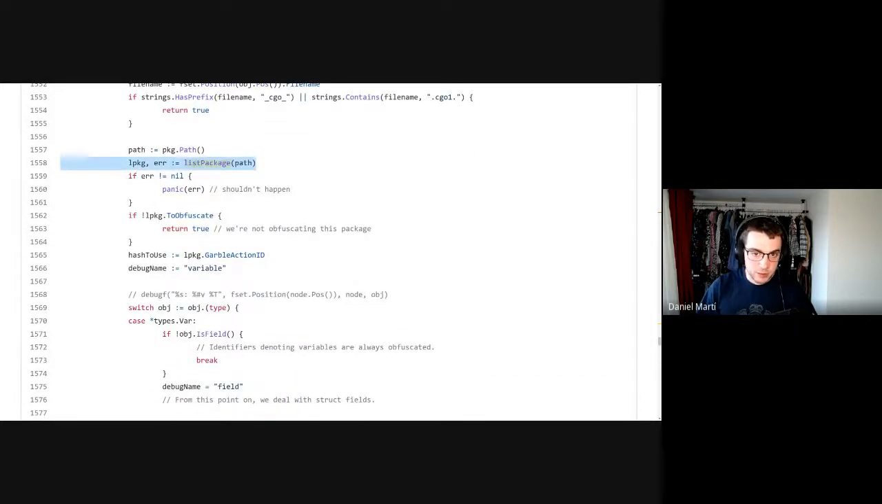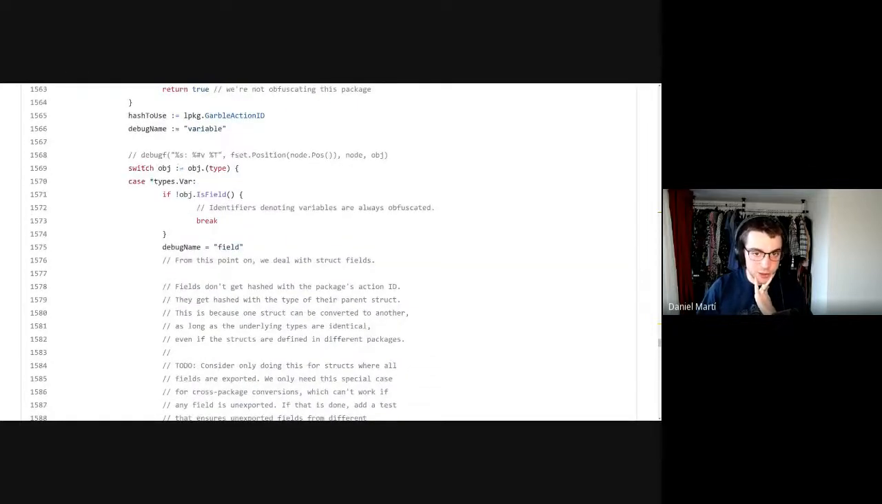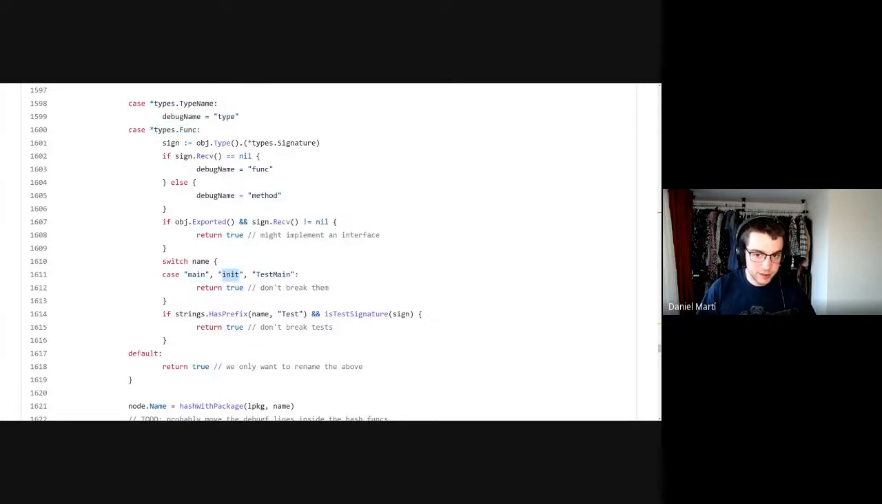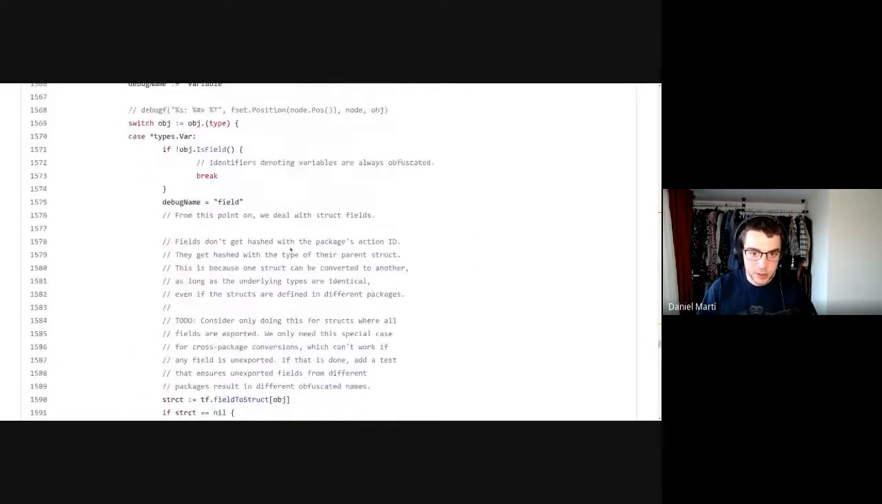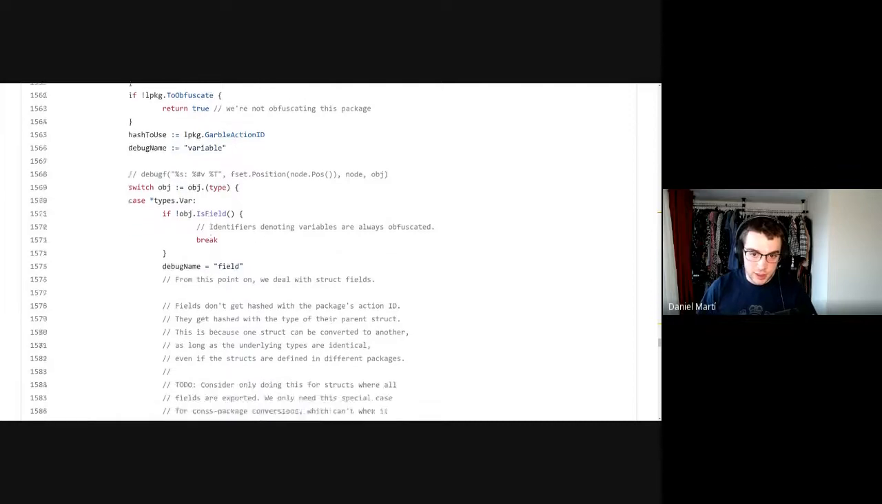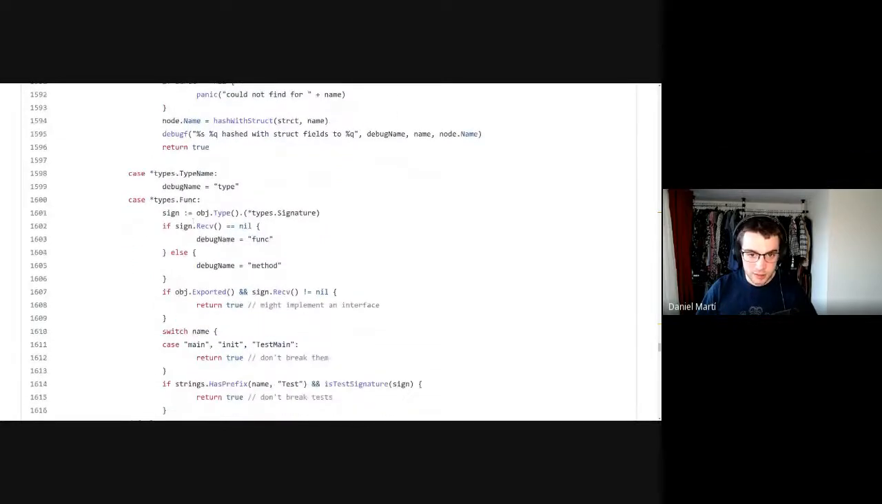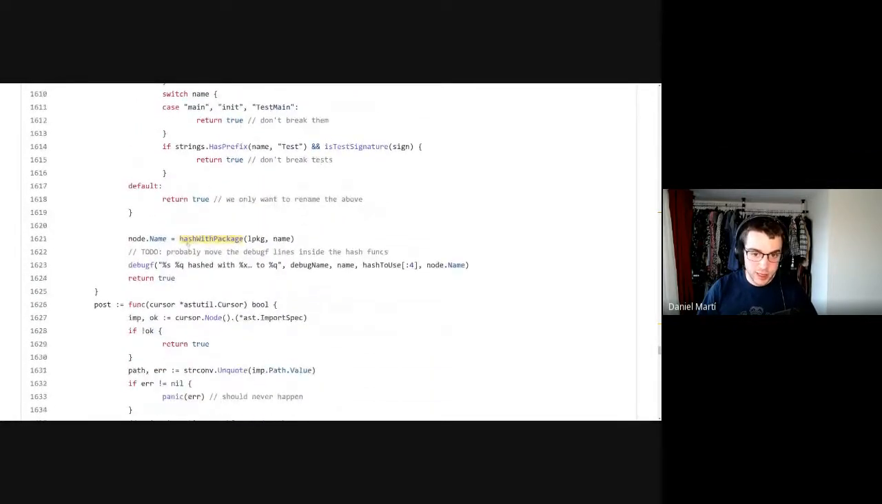We load the package with the information that we share, and then this is where the actual obfuscation happens. So what kind of object are we obfuscating? Is it a variable? Is it a type name? Is it a function name? So for example, functions main, init, and TestMain cannot be obfuscated because the names are hard-coded to be those. Similarly, for variables, for some fields, we want to be careful with how we obfuscate them because we don't want to break conversion between struct types. And type names are always obfuscated because why not? And then here's where the magic happens, at least for names. So we replace the name of the identifier with hashWithPackage. And hashWithPackage says,